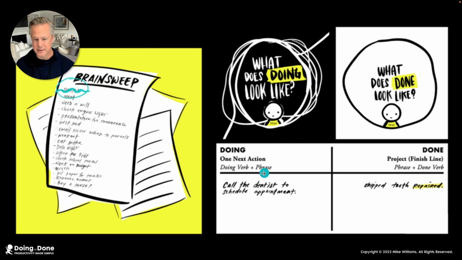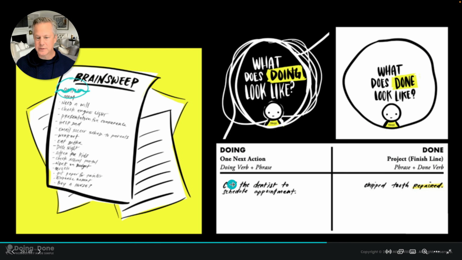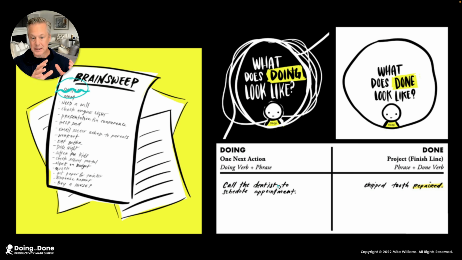So a doing statement has a very specific, unique form. It's a doing verb plus a phrase. Like I mentioned, you're the hero of the story. So if I were a director saying action, you'd be calling somebody, drafting something, Googling something, nailing something in the wall. So those are the doing verbs that lead you into action. So these are love notes to your future self, so you don't even have to think twice about them. So how can the current me help the future me become a better me?